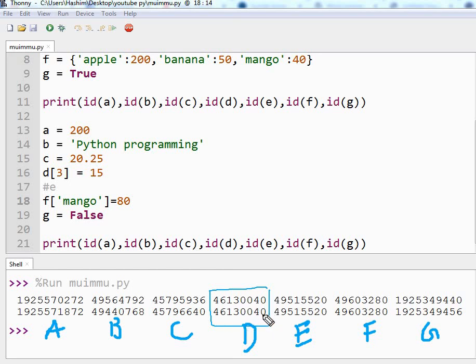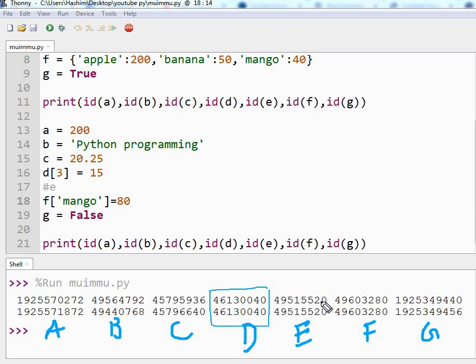The address has not changed, although we have changed one value in our list. That means the list is a mutable type. The changes were made in the same address, so this memory address allowed the changes. That means mutation occurred. You can remember it that way. So the list is mutable.